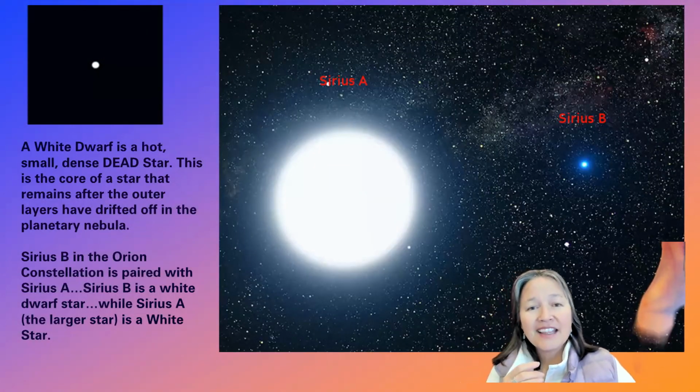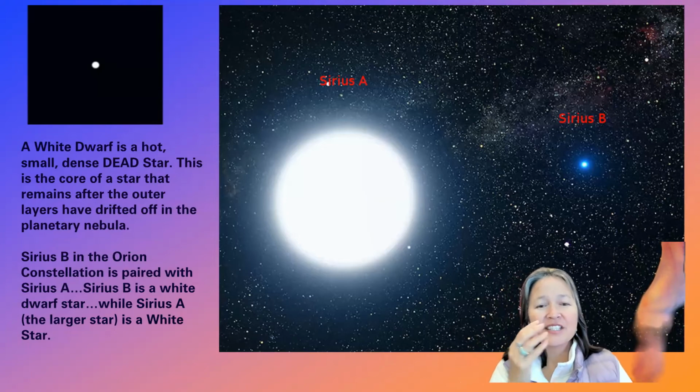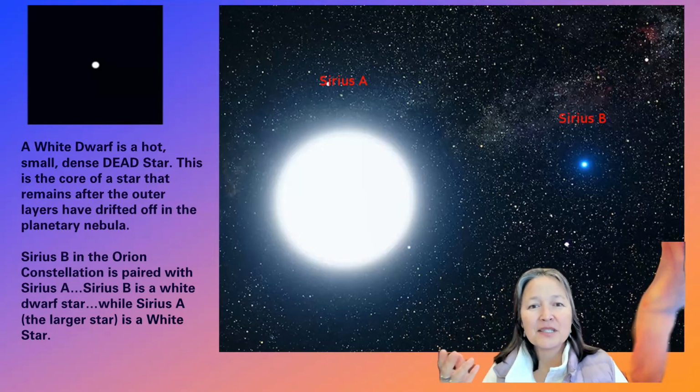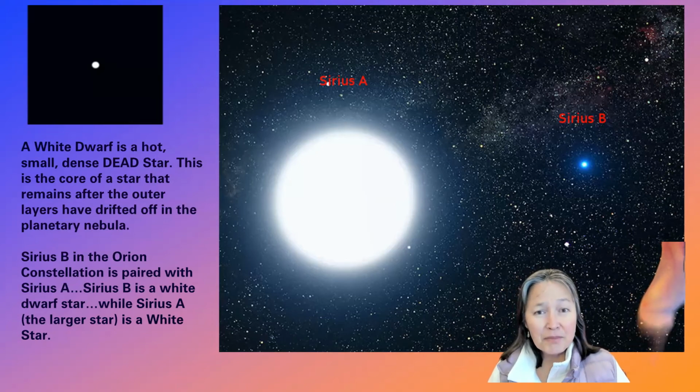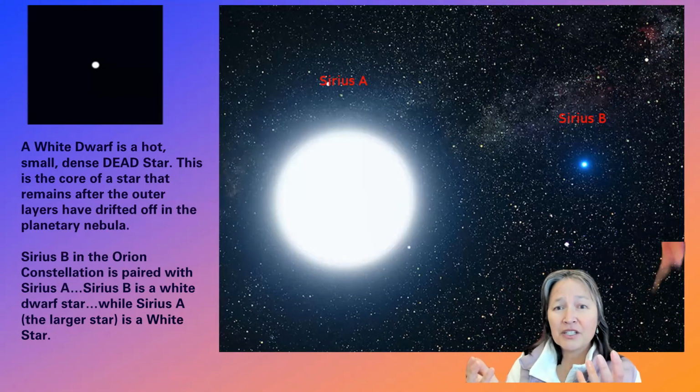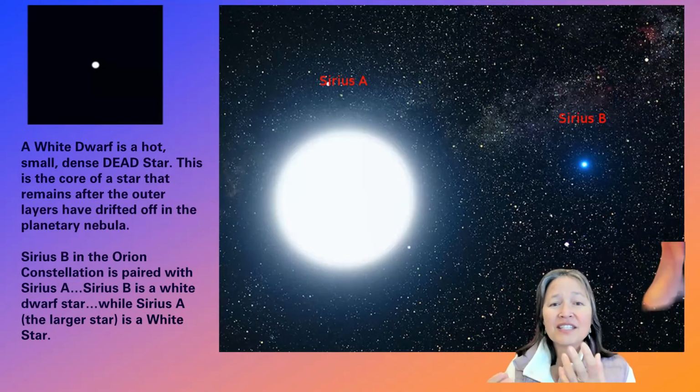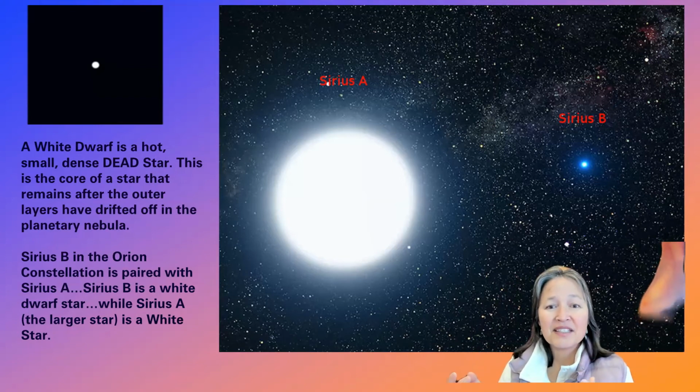Now, thank you for staying with me, but here's Sirius A and here's Sirius B. Seriously, we know that Sirius is located in Canis Major, the big dog star constellation. So the big dog. There's Canis Minor and Canis Major. See, in the heavens, we have to still do the size thing that matters. So Sirius A and Sirius B relate to each other.